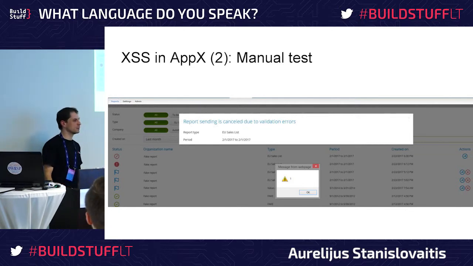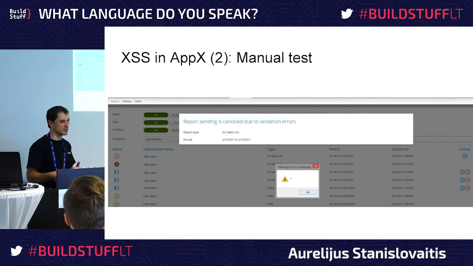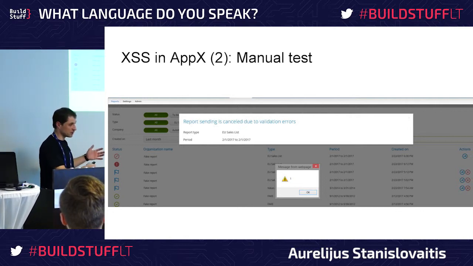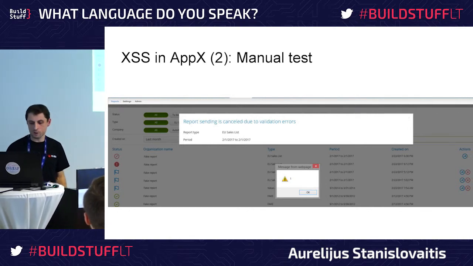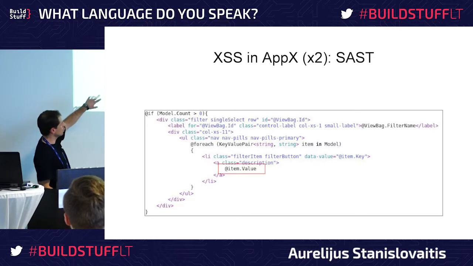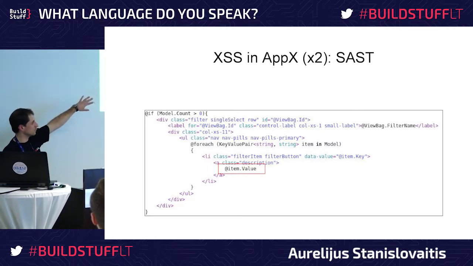Now after that, or to be more precise, during the same time, the application team onboarded to a static analysis tool as well. So when the manual tester had his results, the static analysis tool also had results ready. And there were two cross-site scriptings as well. So we looked into the results from the static analysis tool, and we found two almost identical code fragments with this item value not being encoded